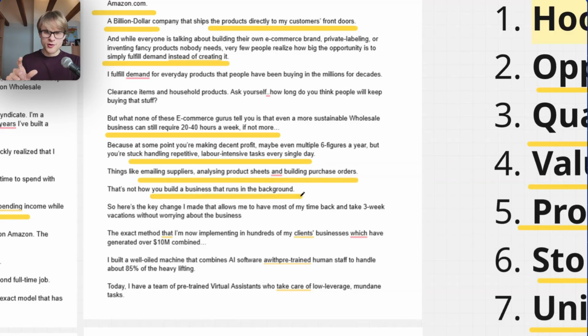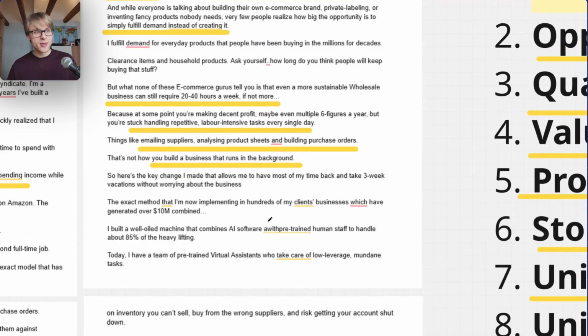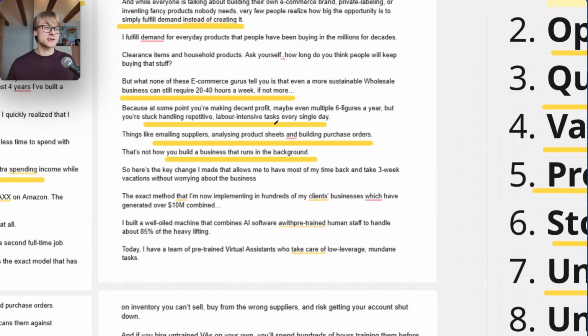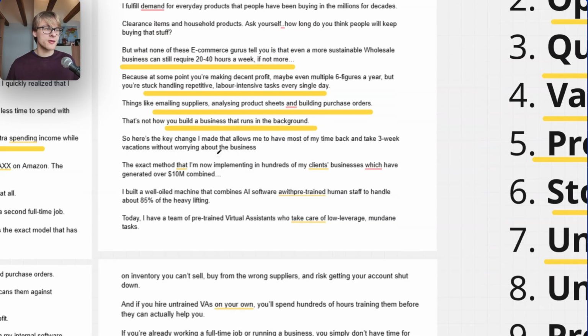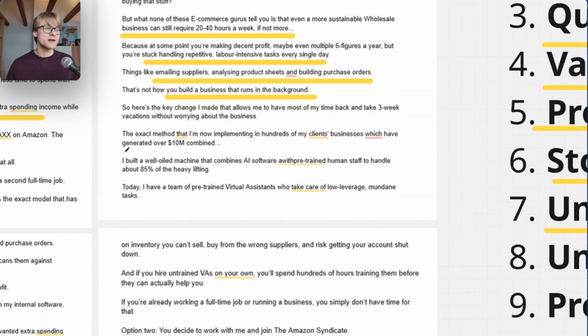So we sell them the opportunity, but then we come with a big but, okay? But you will still be doing all this if you don't follow our system or if you don't work with us. So here's the key change I made that has allowed me to gain most of my time back and take 3-week vacations without worrying about a business. The exact methods that I'm now implementing in hundreds of my clients' businesses